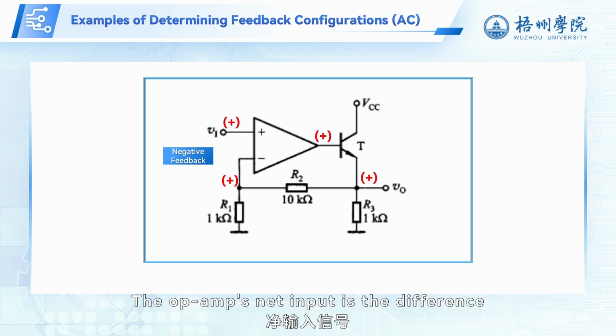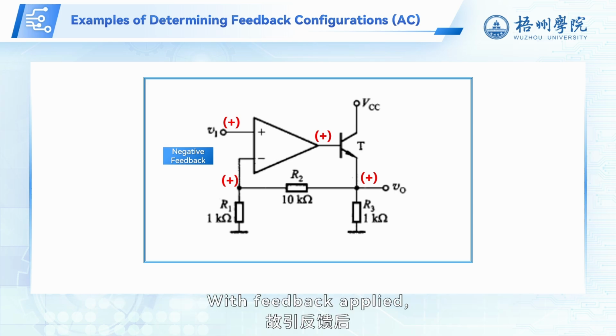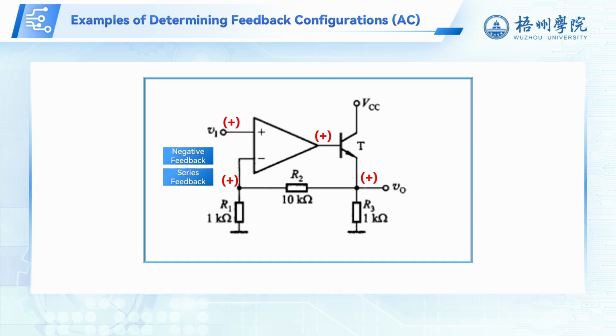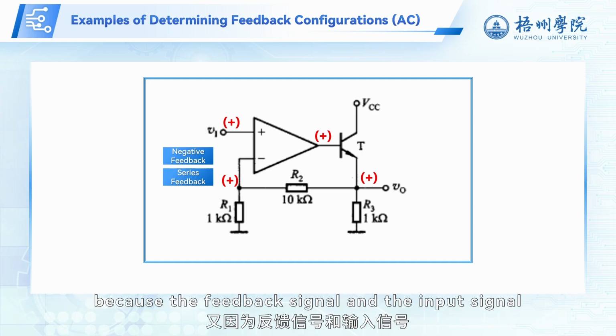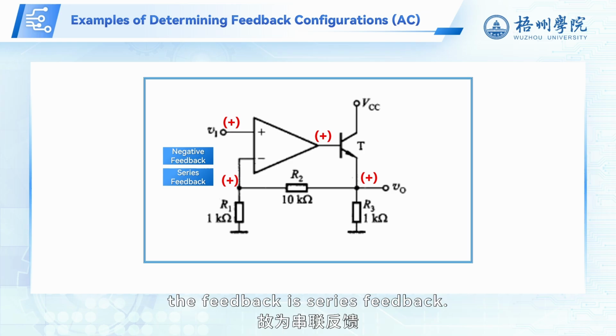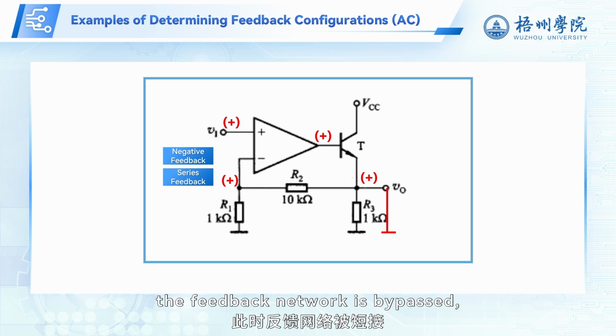The op-amp's net input is the difference between the voltages at its two input terminals. With feedback applied, the net input decreases, so the feedback is negative feedback. From the input side, because the feedback signal and the input signal are connected to different terminals, the feedback is series feedback. From the output side, if we short the output terminal to ground, the feedback network is bypassed, making